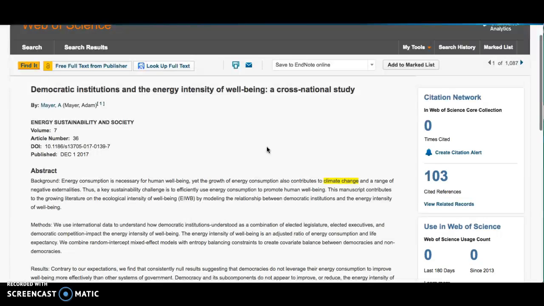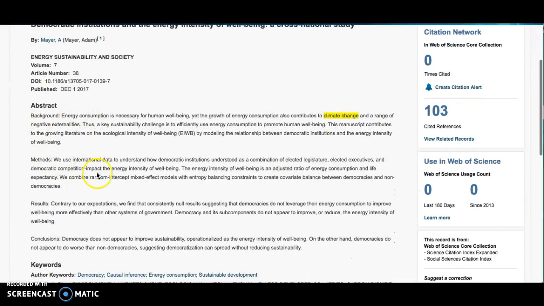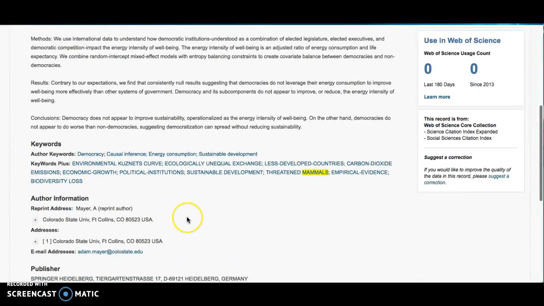So here we have information about the article, December 2017. Here's our abstract again. So the reason why I chose mammals and climate change is because this is actually a search that I've done for a previous class. And